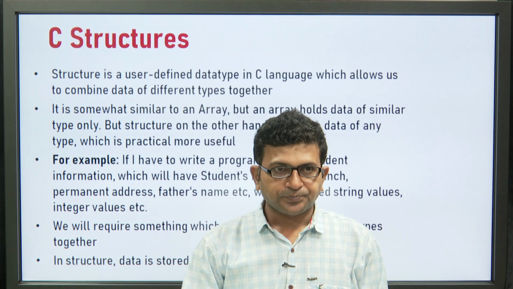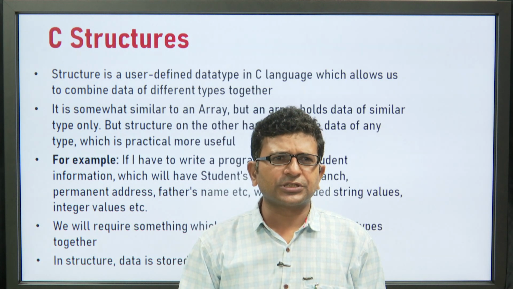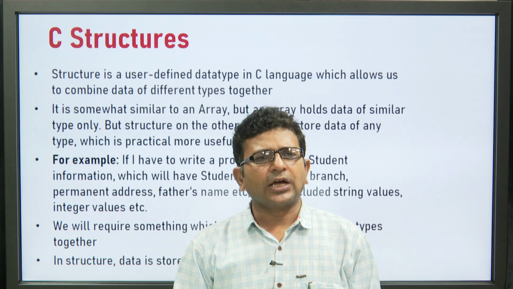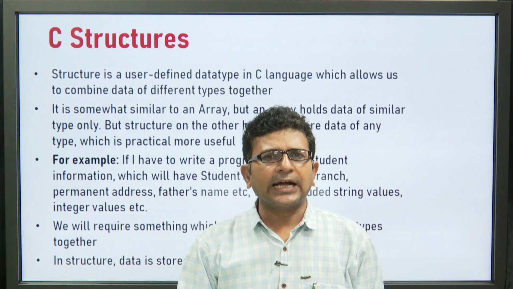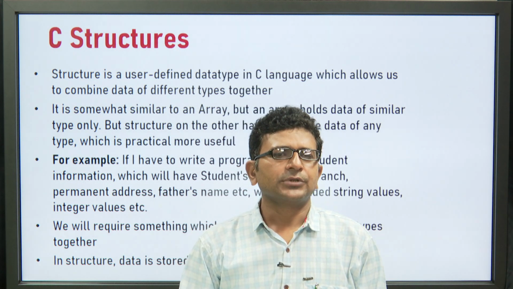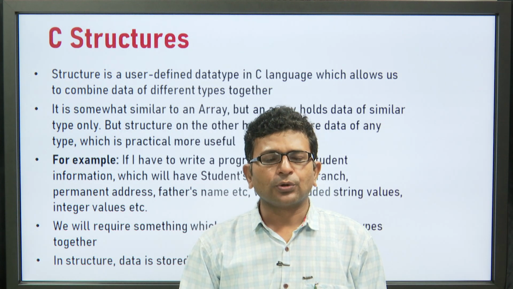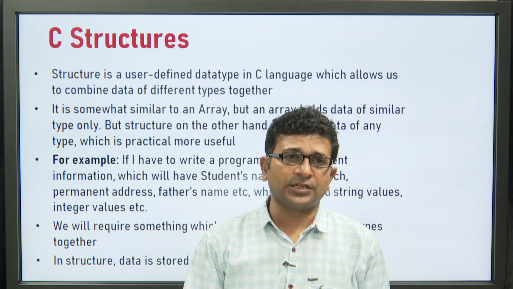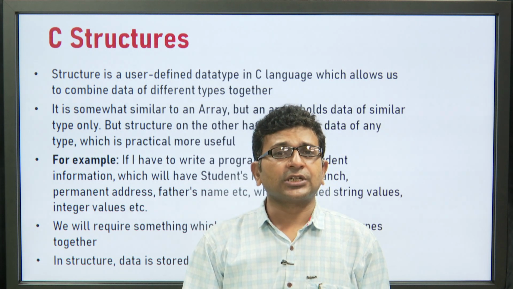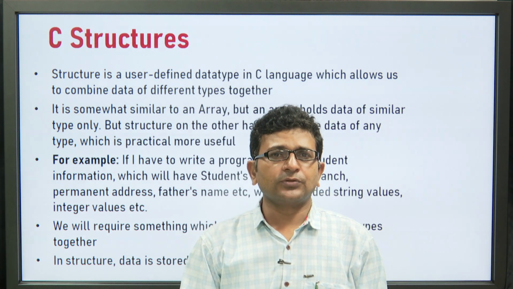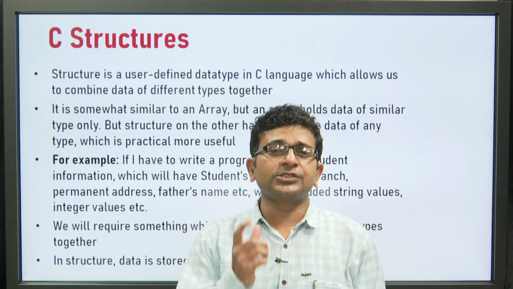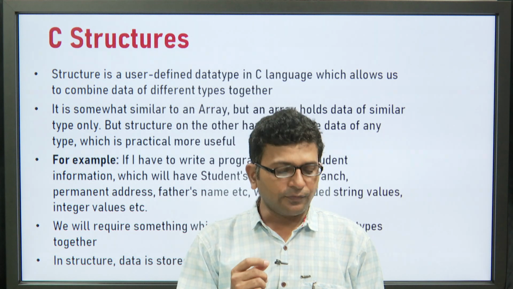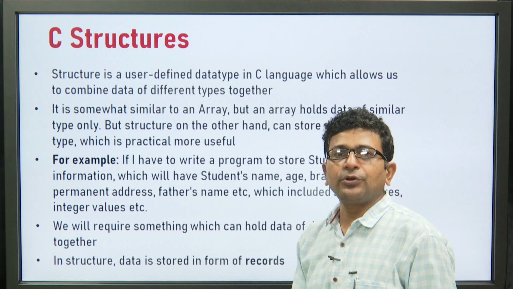Just see, first we would like to discuss what a structure is. If we talk about an array, an array is a collection of items of similar data type. Now, if we want to store a collection of items of different data types, in that case we can use a structure in C. So, what is a structure? A structure is a heterogeneous data type which can store multiple items of different data types. This is the beauty of a structure.